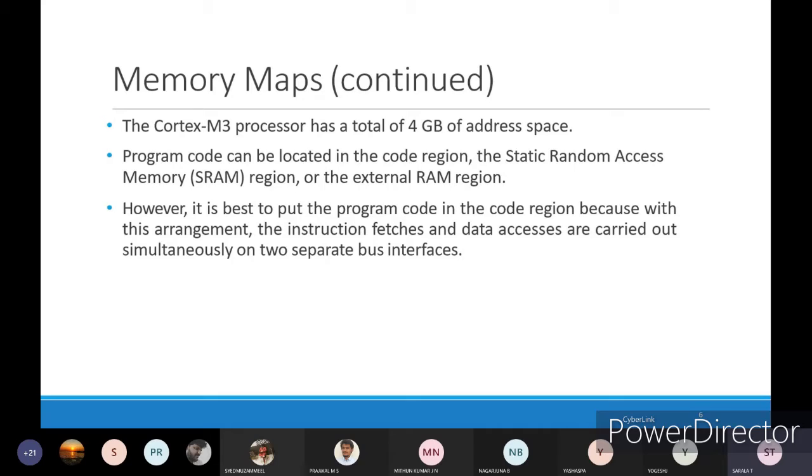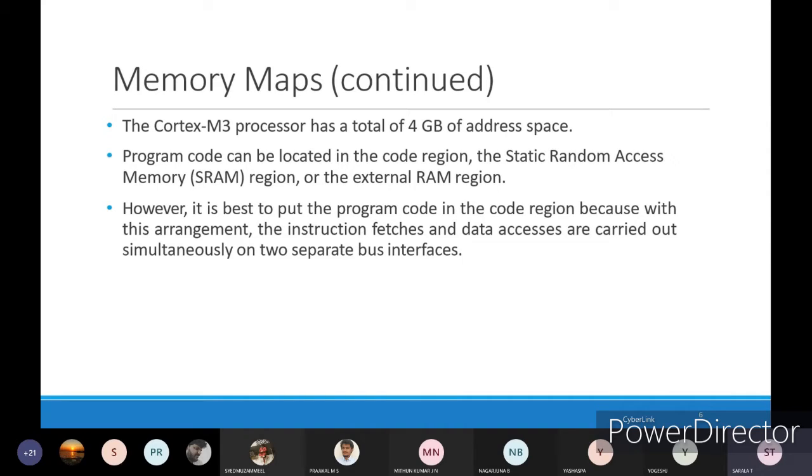However, it is best to put the program code in the code region only, because with this arrangement the instruction fetches and data accesses are carried out simultaneously on two separate bus interfaces.